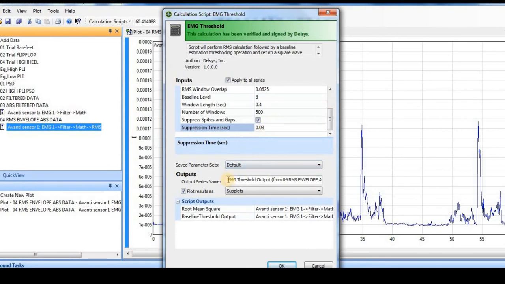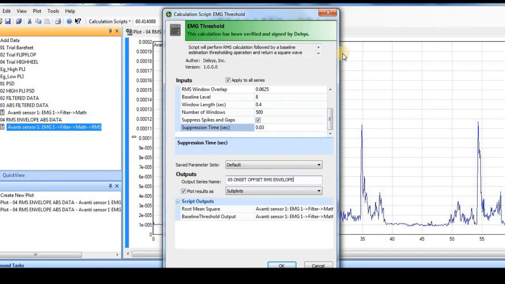When I have set all these things, I will give another name to this data series, and this time I am putting a name, let's say, onset offset of the RMS envelope.